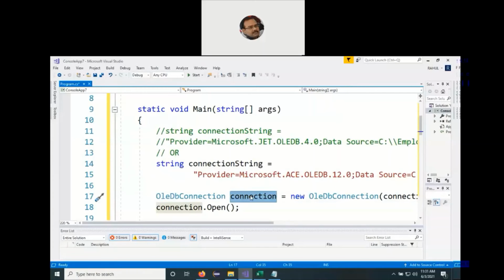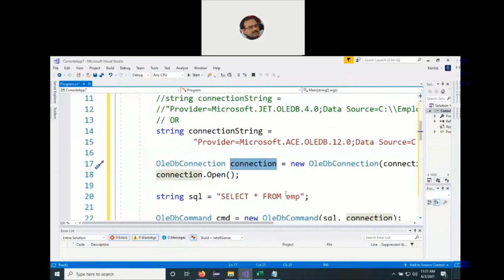And this connection is a reference variable of the OLEDB connection class. So OLEDB connection and the connection. Everything will happen, all the action will take place on the right hand side of this assignment operator. And once it is successful in establishing a connection, the return information will be stored into this connection reference variable. Now we can go and open the connection. So we say connection dot and we make a call to the open function. This will actually open the gates, and now we can go to the database and start firing our SQL queries.